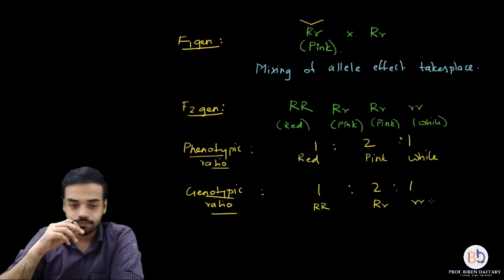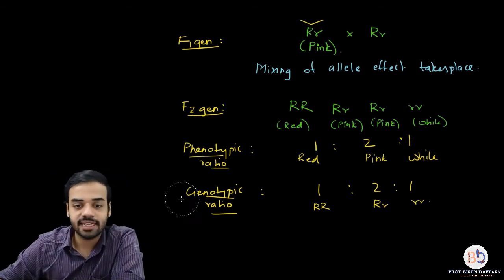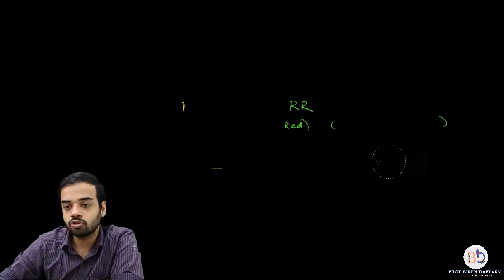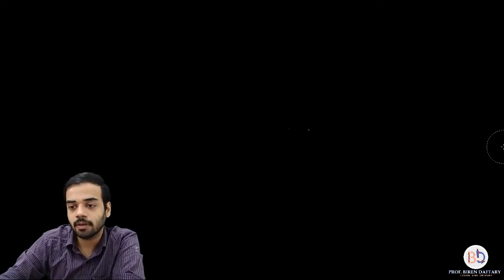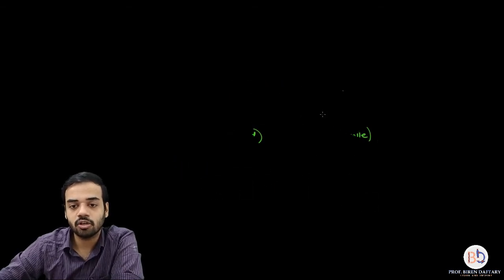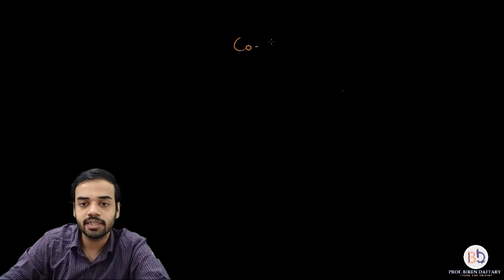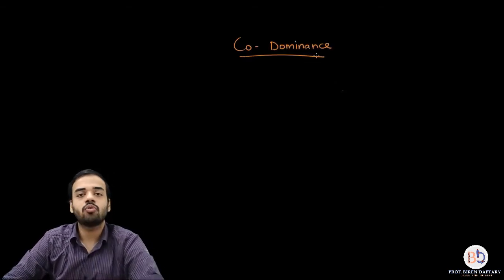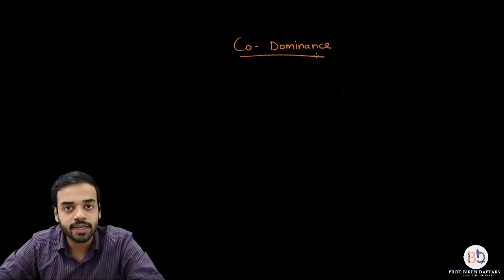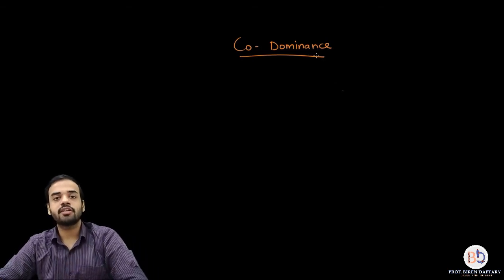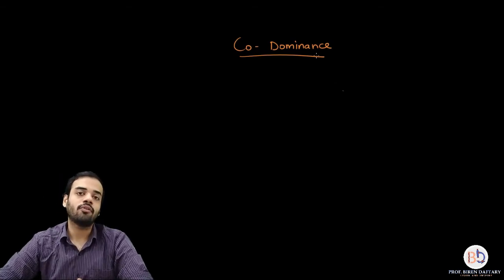Okay. Now, coming to the second type of a cross, and that I am going to show you with the help of an example which is called codominance. Okay, so let me write that down. Now codominance is very similar to incomplete dominance, so let me write that. Now again, codominance doesn't follow the first law of Mendel, so it is going to be very different from the first law. Now here we are going to take the example of cattle.